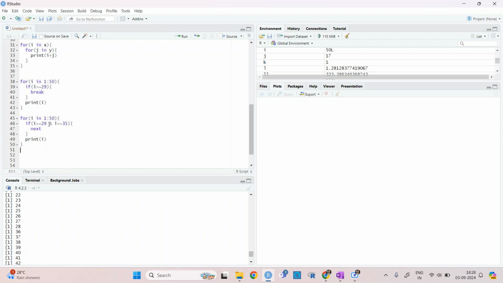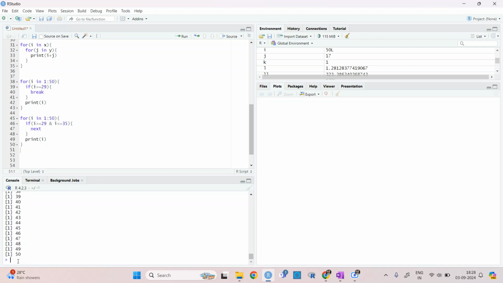So in the time of next, it is again 30. So 30 again next, and up to 35 it will be next. So it will be 36. As soon as it is 36, it is not here, right? So it will print 36. So it has left the numbers between 29 and 35.